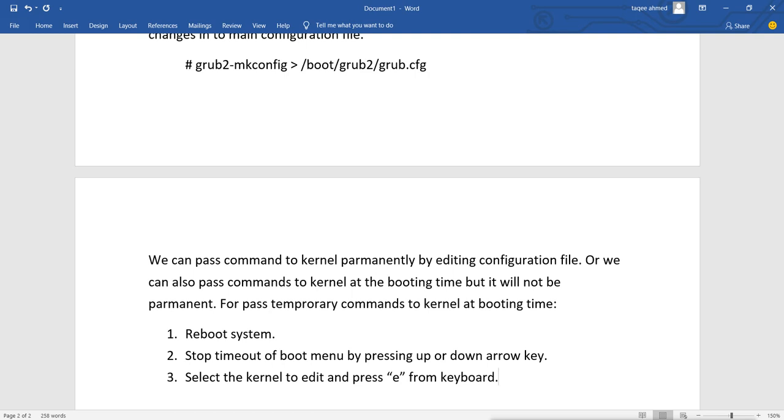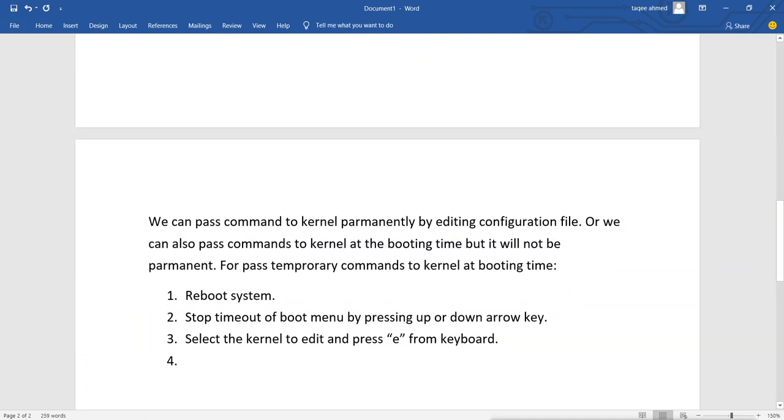It will give you the option to edit the kernel, and then go to the linux16 line.